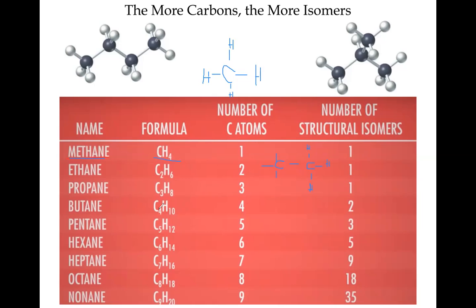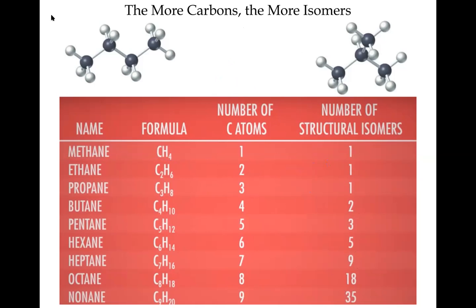Interestingly, well, I guess expectedly, the number of isomers greatly increases as you go up. Going from 4 carbons to 5 carbons, you get 1 additional isomer. But when you get to 6, you jump up to 2. When you get to 7 carbons, you have 9. And by the time you're up to 9 carbons, you have 35 different combinations of those carbons, making 35 different isomers. Okay, so that's isomers